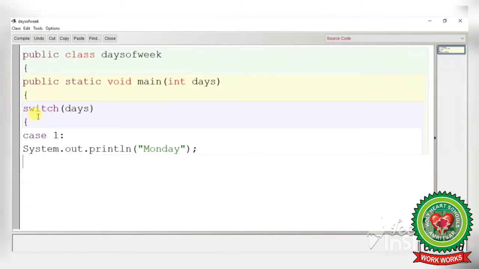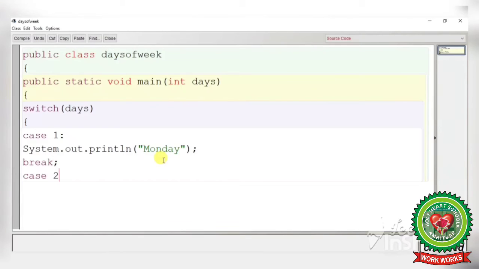Now we will apply break with semicolon. It means whichever the number you will enter during the execution of the program, if it is matched with case 1, means it is one value, then computer will display output Monday and rest of the cases will be ignored by the computer. But if it's not matched with this particular case, now we will start the new case,